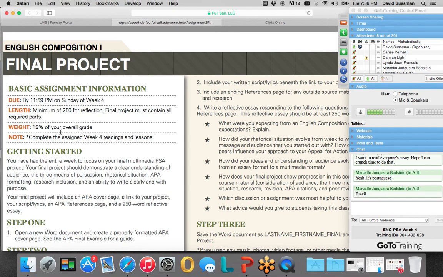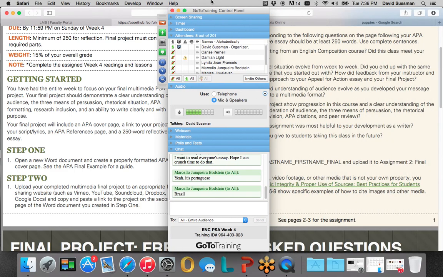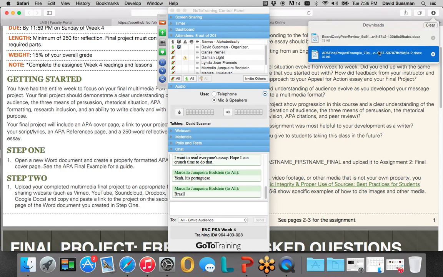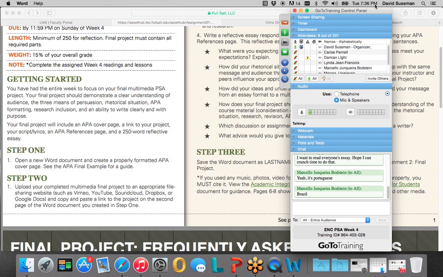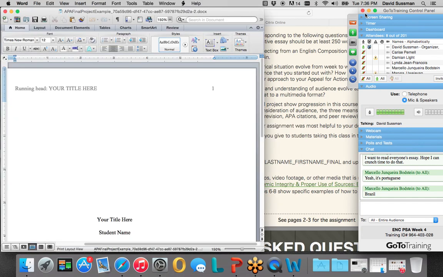You can see it's 15% of your grade. It gives you instructions on what to do, like step 1, open a new Microsoft Word document, create a title page. Most of this you've done already, because if you already properly formatted things for your essay, you're pretty much good to go. Okay? Let me see if I can give an example. This, by the way, is one of your assets that's uploaded for you to look at. It's in the final project activity, but it's a sample. It's not a sample project, but it's a sample format of how projects get handed in.